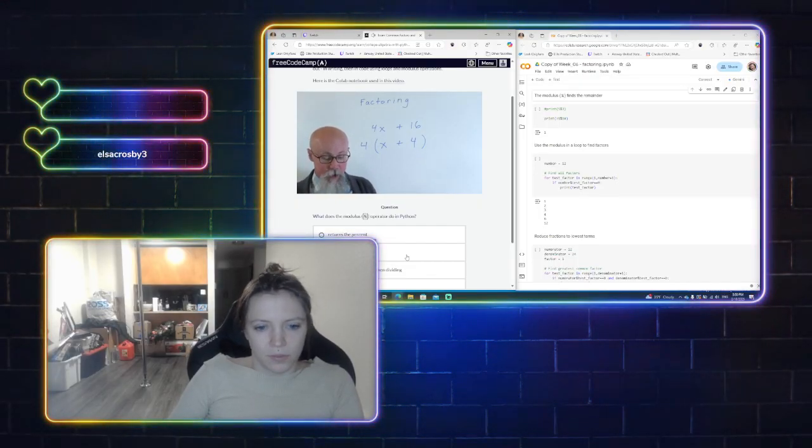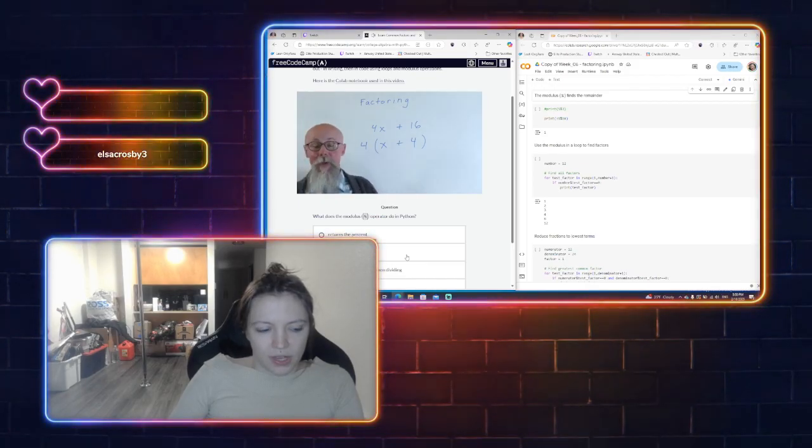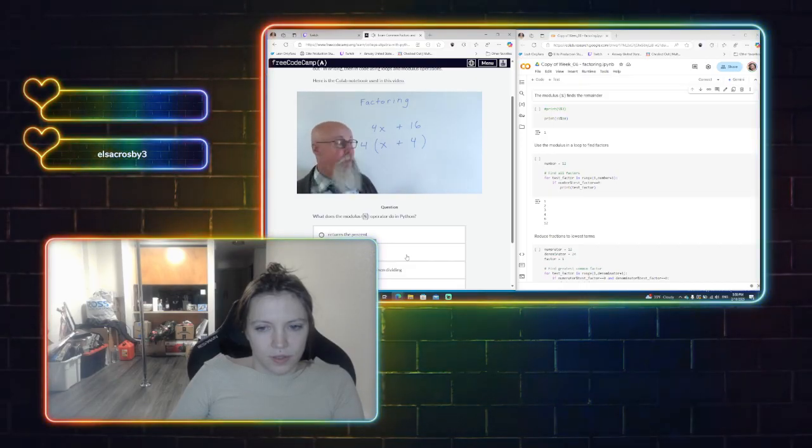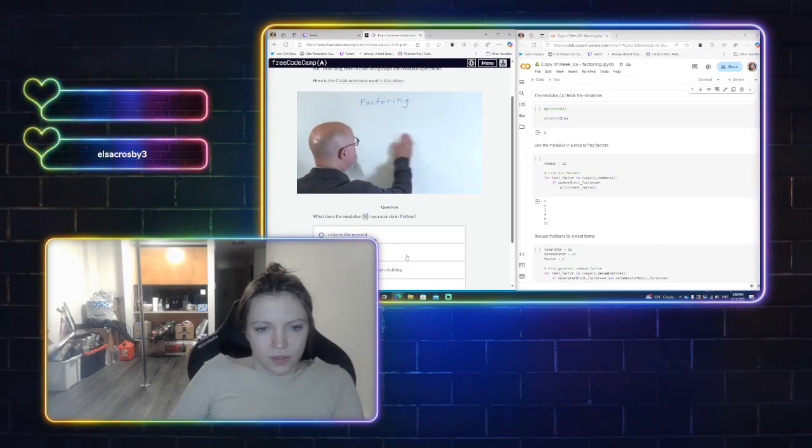One of the other things we're going to do is talk about factoring out square roots. I'm going to show you how to do this, but then we're going to look at the square roots, how to find common square factors, and then factor them out. But let's take a look at this. If I have a square root,